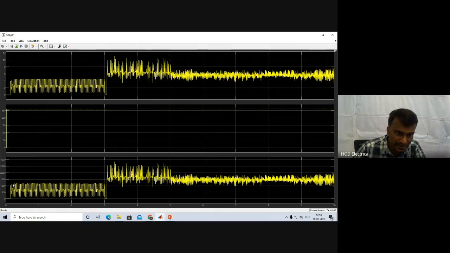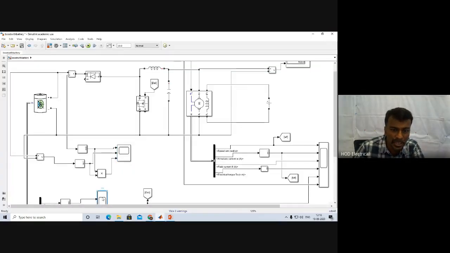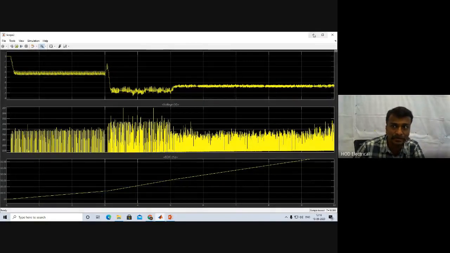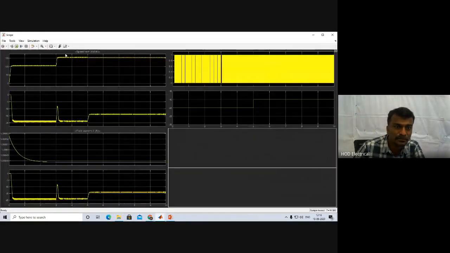Initially the speed is less and torque is more, but at the same time power is less. Then the speed increases to 150 RPS, therefore power also increases. So in this case the power input to the battery is less till 3 seconds, then after 3 seconds the power input to the battery is more. The reason is we have changed the load torque and the speed. You can see here we have changed the speed to 150. That is why the load power is also changing.